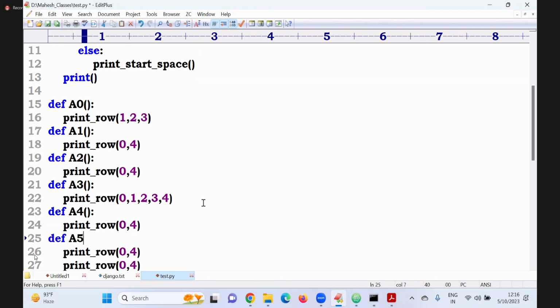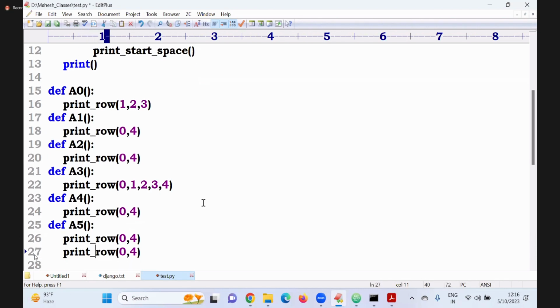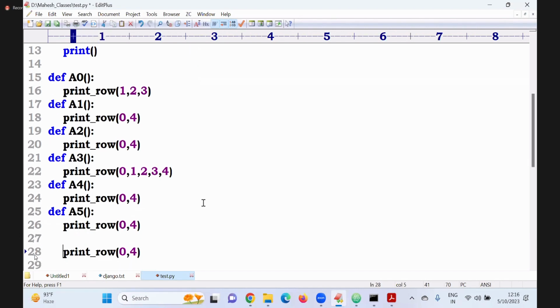Def A of 5. Next, finally, def A of 6. Sir, is it clear here for everyone? A of 0 means the first row. A of 1 means the second, and third, 4, 5, 6, 7 rows are printed there.